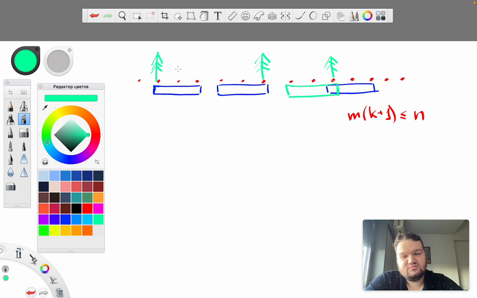So we can try to calculate the number of ways to place trees according to that grid. Or maybe we will place segments and choose left or right endpoint for each of them, but we have to make sure that it is in accordance with the greedy, which means that why this was bad,